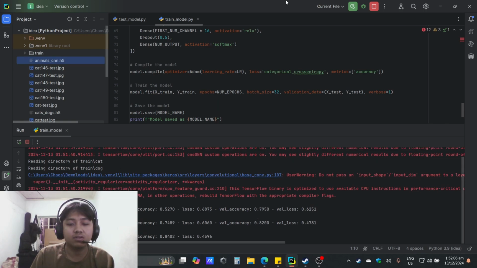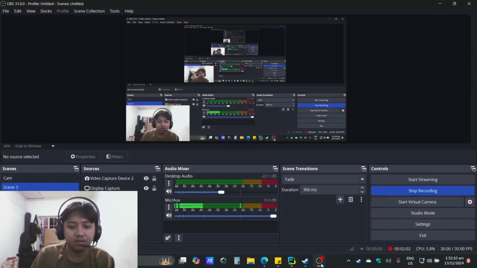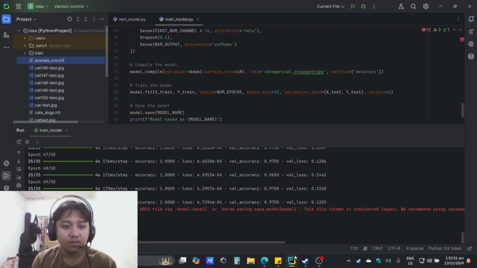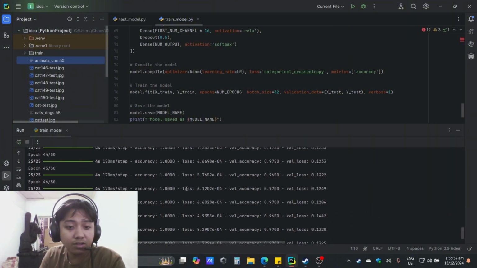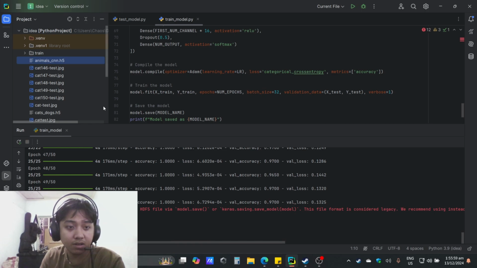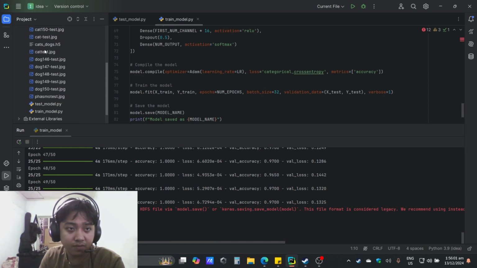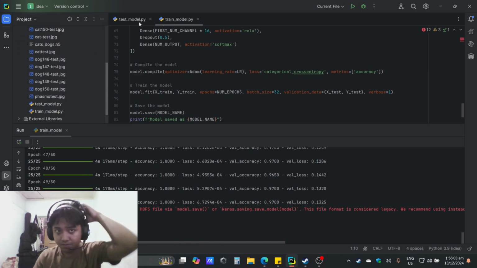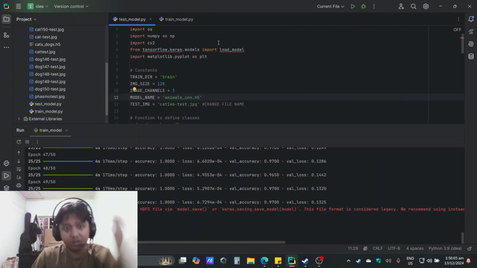So it is already scanning, so let's wait for a while. As you can see, it's already done, and this model is saved by this file, which is the dog file. So let's go to the test model.